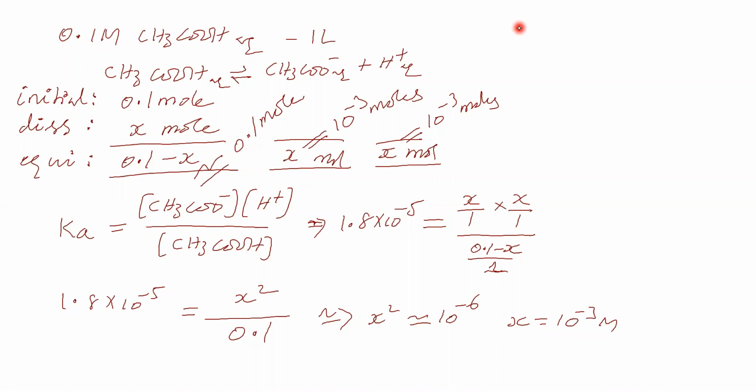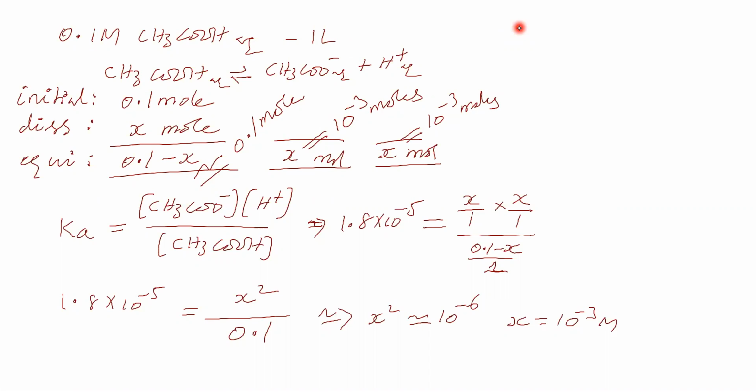Now we will go for this: acetic acid is taken in a vessel and we dip a conductivity cell into it. The conductivity cell shows the conductance shown by this solution. In this solution, the ions are carrying current. The undissociated acid is also carrying current, but that will be less when compared to ions.